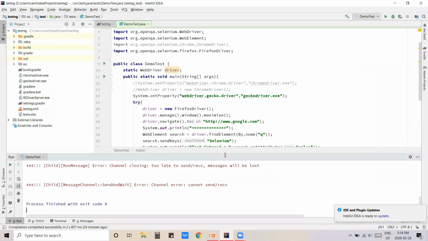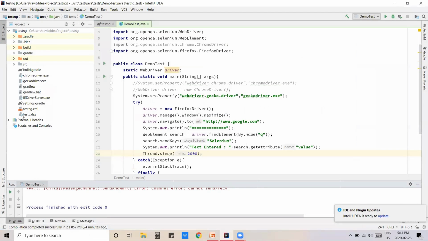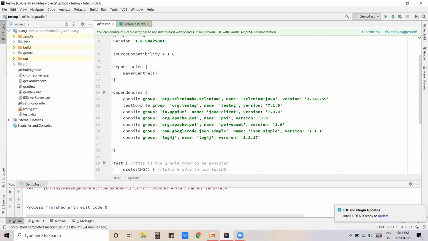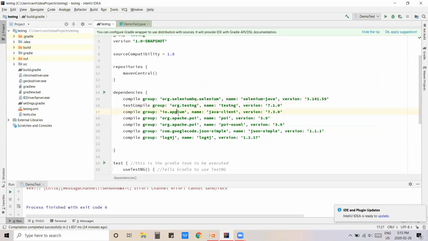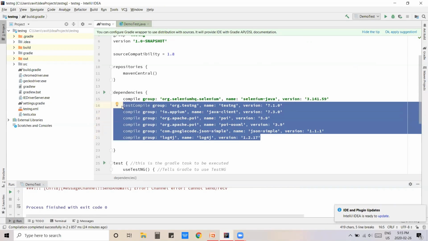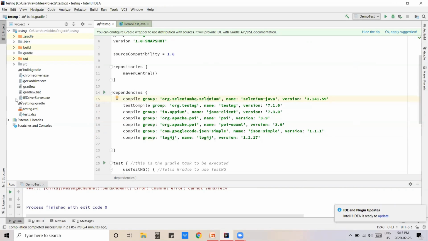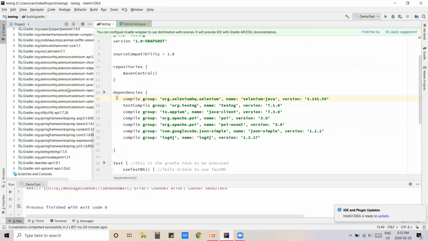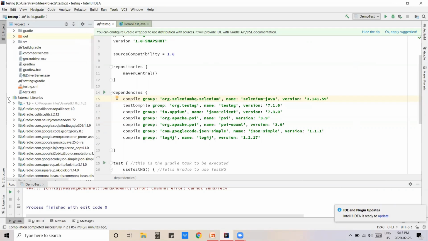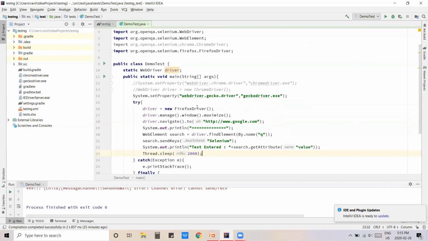Now I'll explain a little bit of the code. I've created a TestNG project named TestNG, and it's a Gradle project. You can see these are all my dependencies. I have Selenium, I have TestNG, I have Appium, I have JSON simple to parse from the JSON file. For now, these are not required for the demo I'm showing. I just need the Selenium libraries, and they're already installed. I'm just going to show you a simple demo running the same test case on Chrome and Firefox.